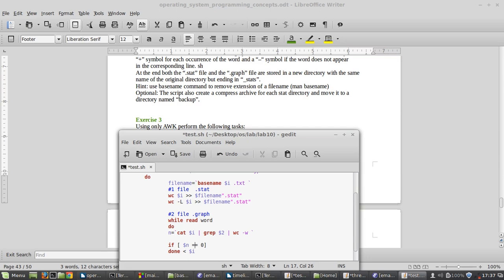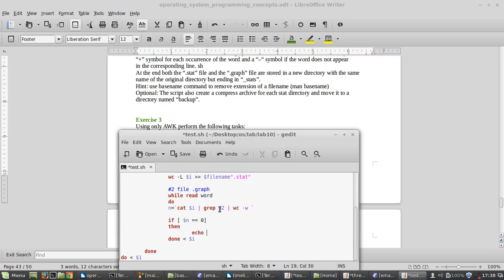And now, the situation is that I have this word count, so I will check a condition: if this word count equals 0, can I say such a thing here? If this word is 0, then what you should do is echo it. If the word count is 0, it means there is no match. So what you have to do is